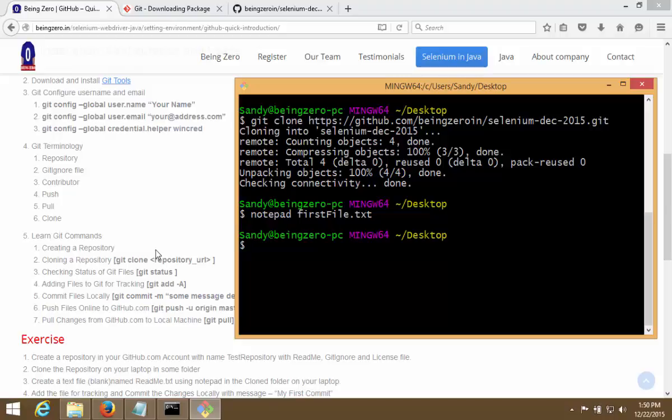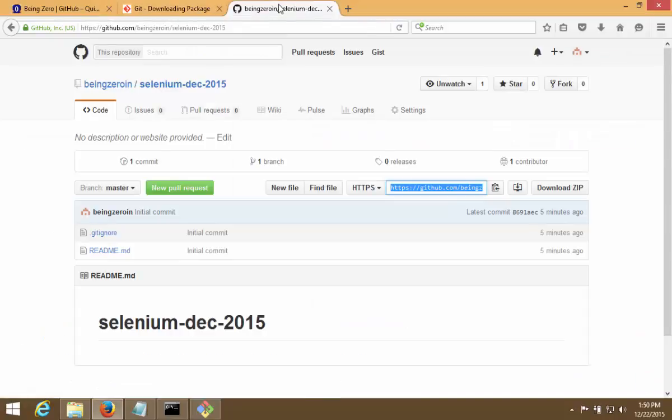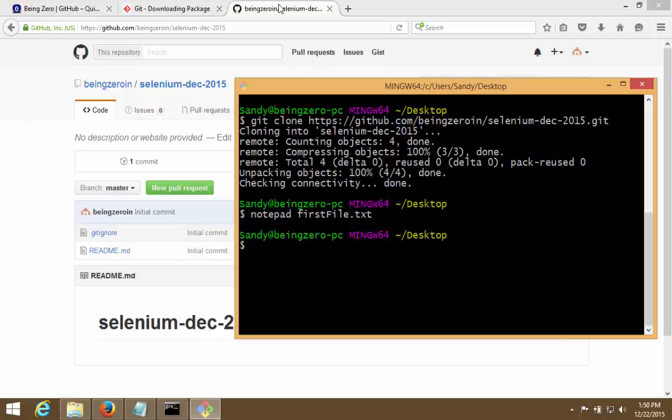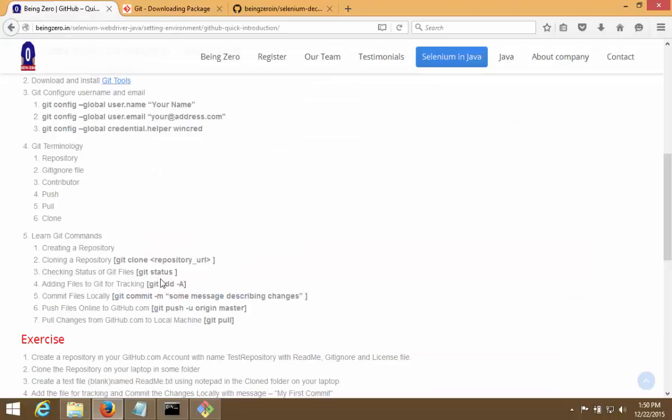Now what we have done is created one more file, and this file is there on my laptop locally. I want this file to go online into this project, because let's consider that's the code file that I have written today. For that there are three steps, and there are commands given over here. First we will do git add. That is our way of saying to Git that this is a file I want you to track,